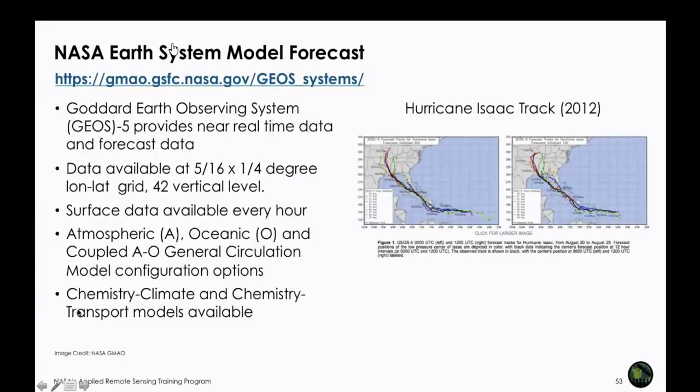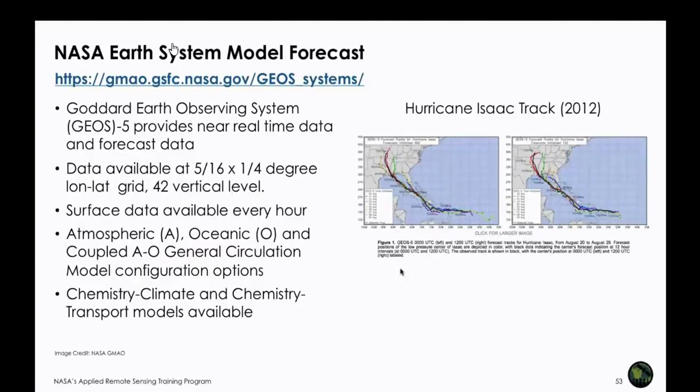And this is just the detail that the model contains ocean, atmosphere, general circulation, as well as chemistry. And this is an example of 2012 Hurricane Isaac that moved over the US, and this is tracked by using